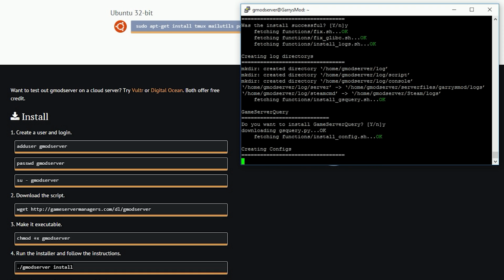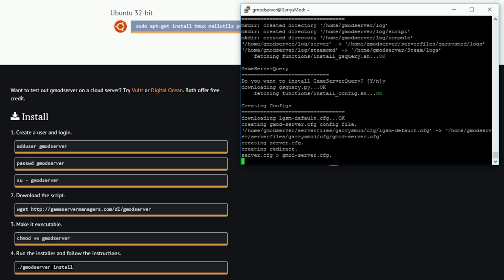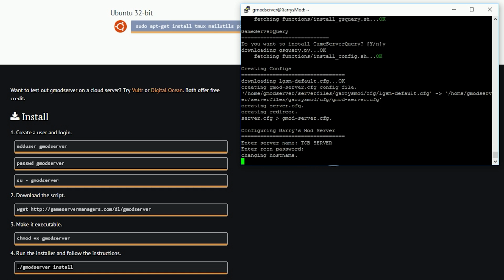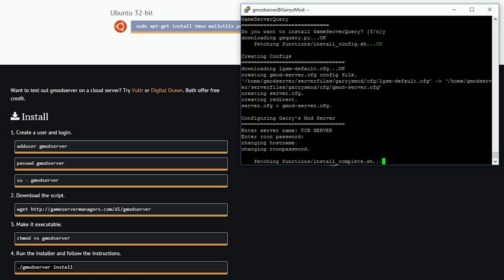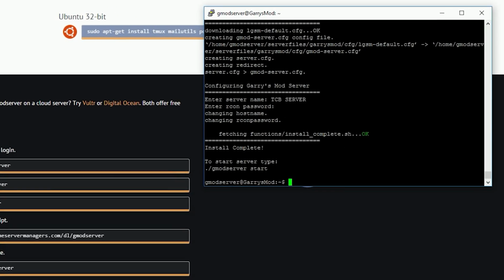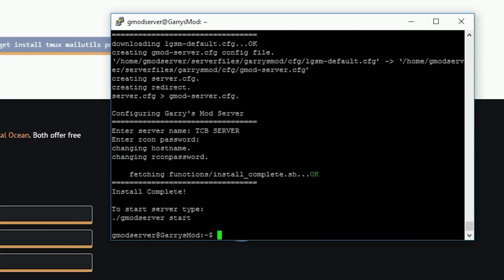Just going to go ahead and install game server query too. Going to take a few seconds. When this is done, I'm just gonna call this CDB server, just in all caps. I'm just gonna go ahead and enter through this, and it should be done. There we go. Okay, so what we're gonna go ahead and do now, before doing anything else, is actually changing